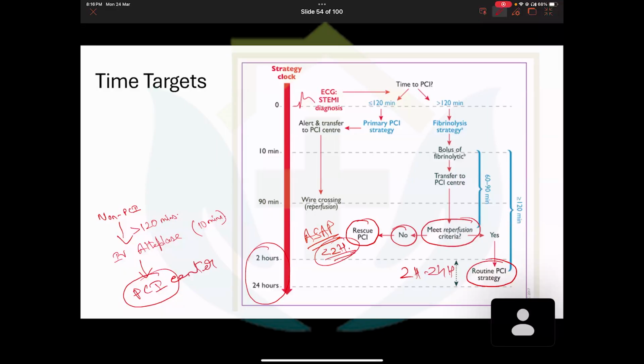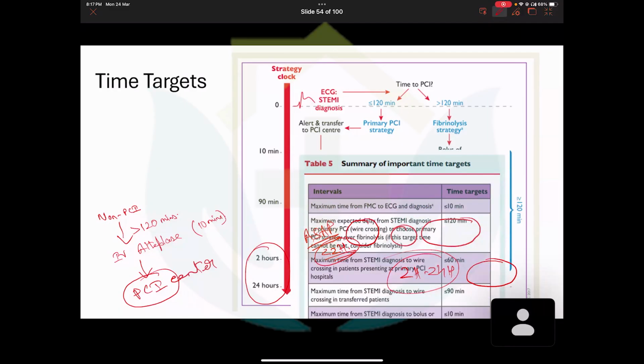So once again, everything is an MCQ. I hope this part is clear, because the MCQ will come from this part only, which we are discussing right now. When to give oxygen, when to use aspirin, when to use ticagrelor, which is the agent of choice right now, how long to continue, what these durations are, all of these are MCQs.